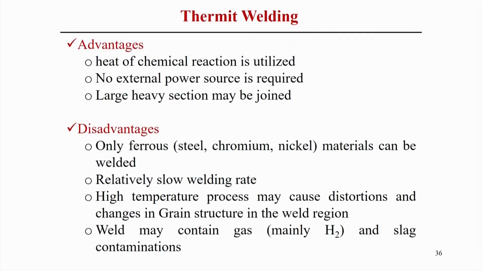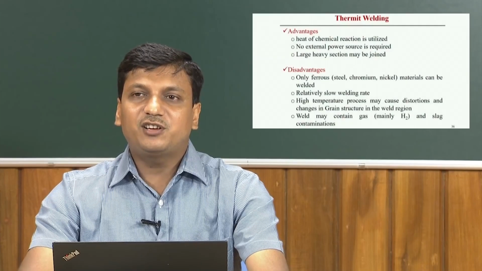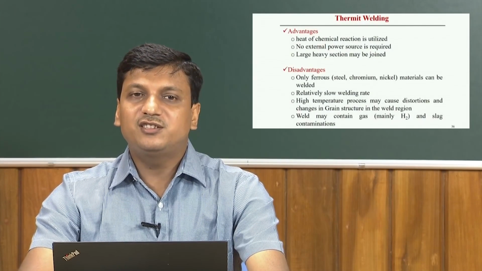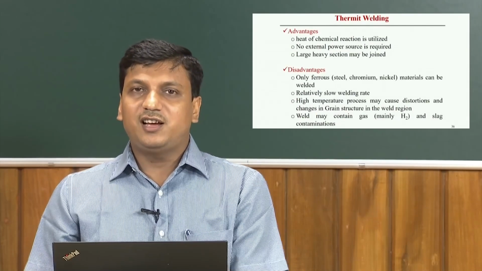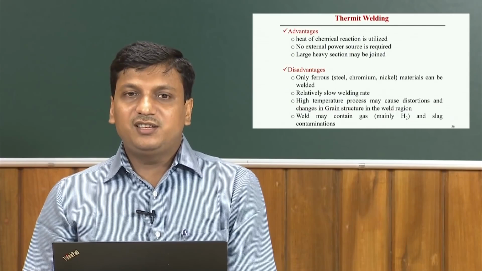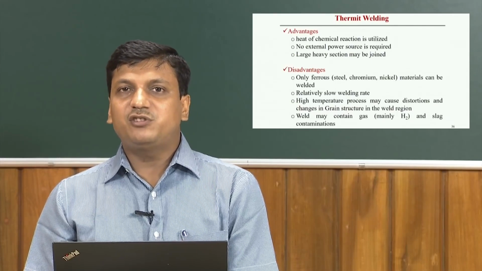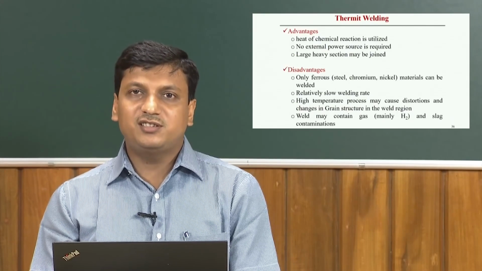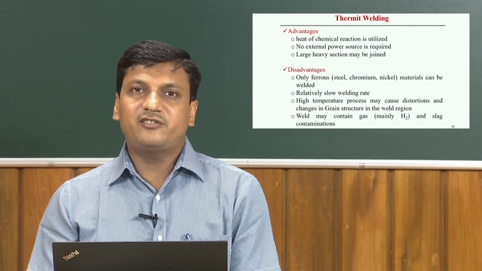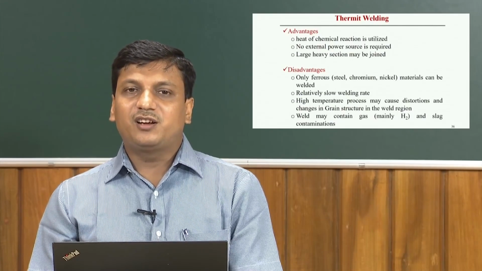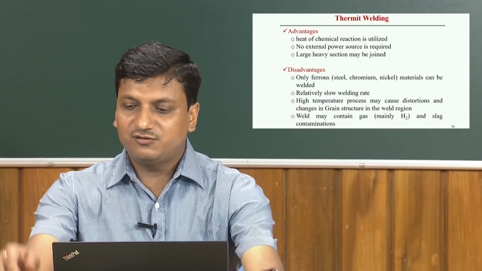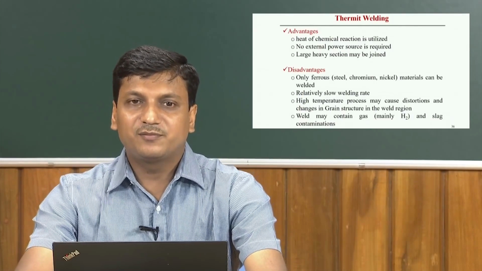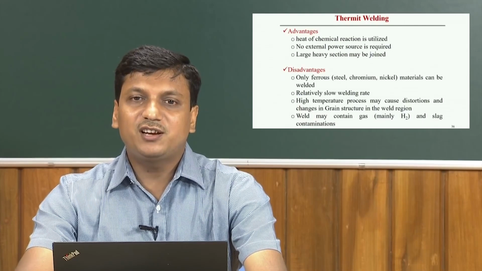Now, if you look into the advantage of this thermite welding process, we can see that the heat of the chemical reaction is basically utilized in this process. Therefore, no extra power source is required, and specifically these large heavy sections can be joined in this process. So, a typical application we can see is thermite welding in railway track, the joining of the component using this process. But of course, having the disadvantage that, as one pointed out, only ferrous, maybe steel, aluminum, nickel materials